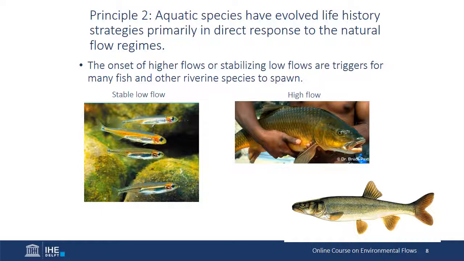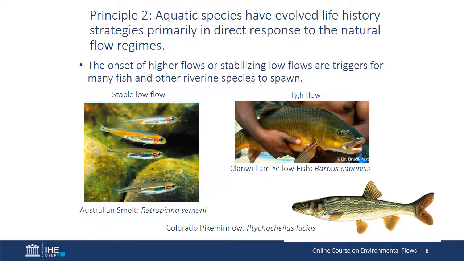Moving to Principle 2, which focuses on the components of flow that influence the life history stages of species. For fish, spawning may be triggered by very different flow conditions, depending on the life history patterns of individual species. The Australian smelt, for example, spawns during stable low flows prior to summer floods. The Colorado pike minnow and yellowfish, by comparison, spawn following the peak flood flows, which generate the gravel bars where